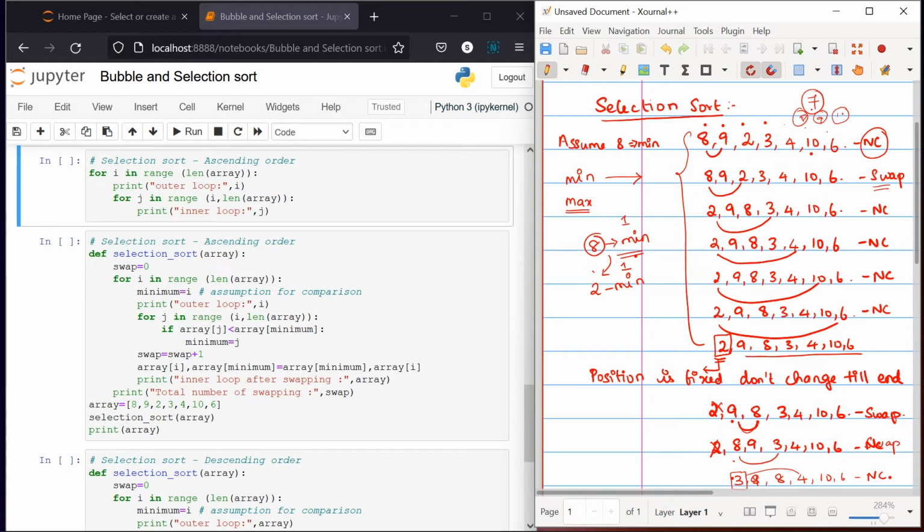Like this we can swap and move the biggest number to the last place, and you are going to freeze that last place, and we are not going to make any changes to the last position from the next iteration onward. Like this also we can do it. So we can do bubble sort in two different fashions. So with this introduction I am closing this one.